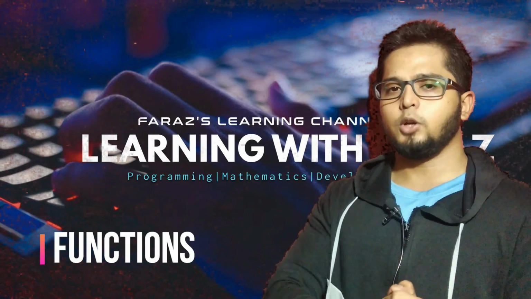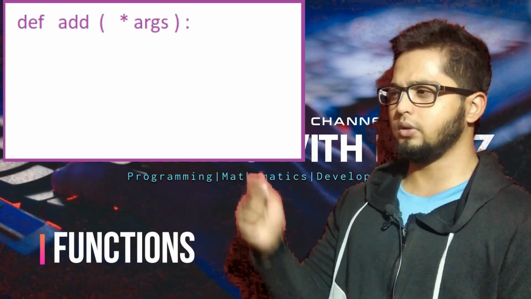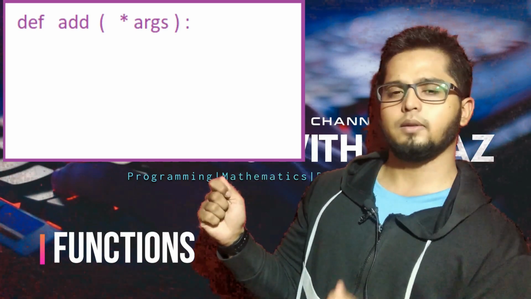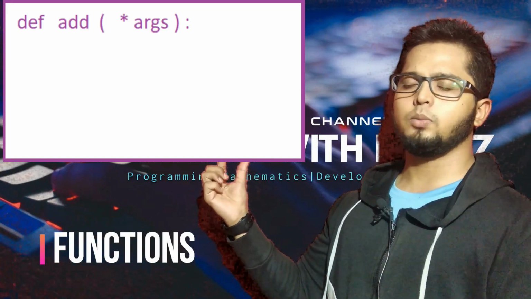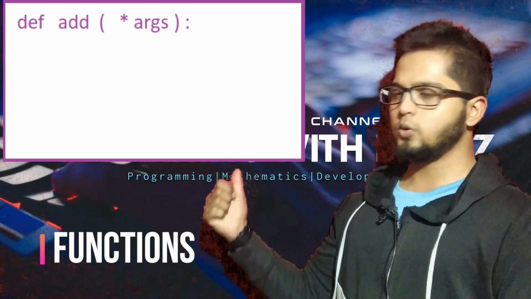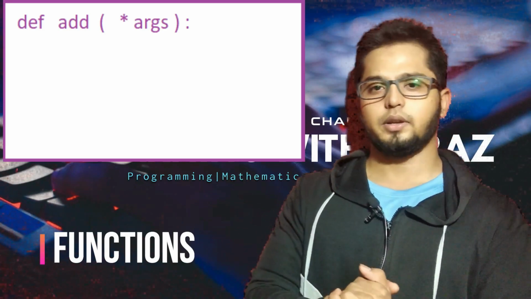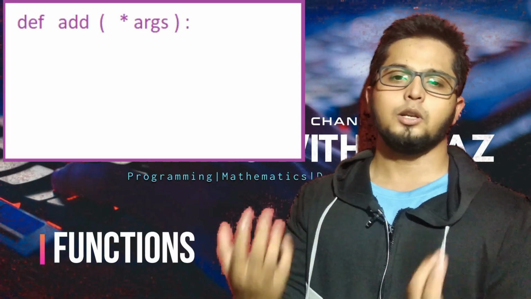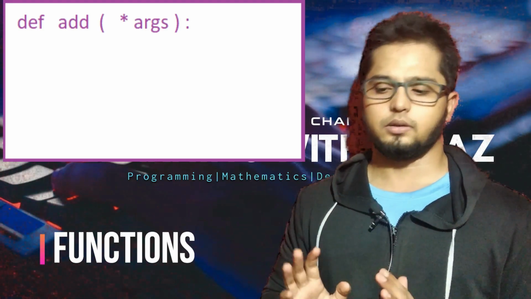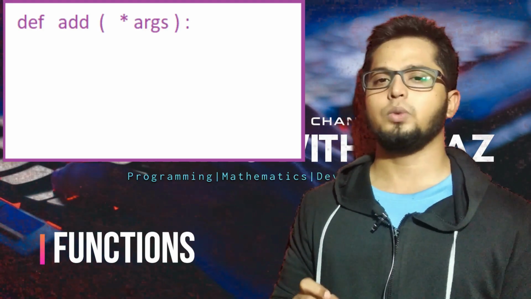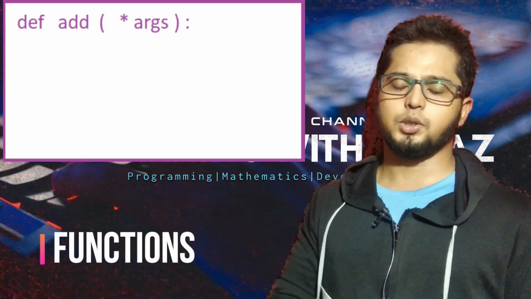So what I will do is I will write def, I will write add as the name of the function. I will open the parenthesis. In that I will put the asterisk operator. I will put any name, maybe I want to put args as the name. I will close the parenthesis. I will put colon. Now the twist comes here: I don't know how many arguments the user is going to provide. So I have to use the loop there. Without a loop, I cannot utilize every single element that the person is giving.